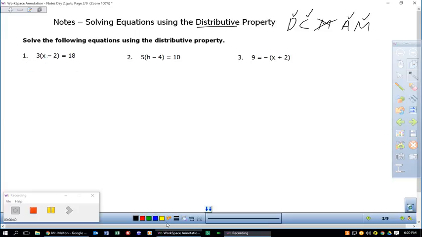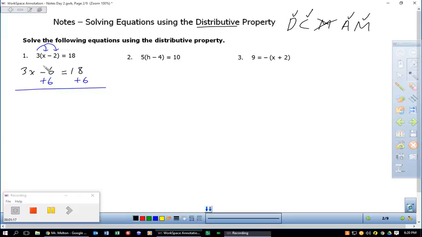On number 1, our first step is going to be to distribute, to take this 3, multiply by everything inside the parentheses, and so we get 3x minus 6 equals 18. Now, at this point, it ought to look very familiar, because our next step is going to be, well, we can't combine like terms, but we can add. We are going to add 6. This is kind of like in the last unit. So we're going to add 6 to both sides,